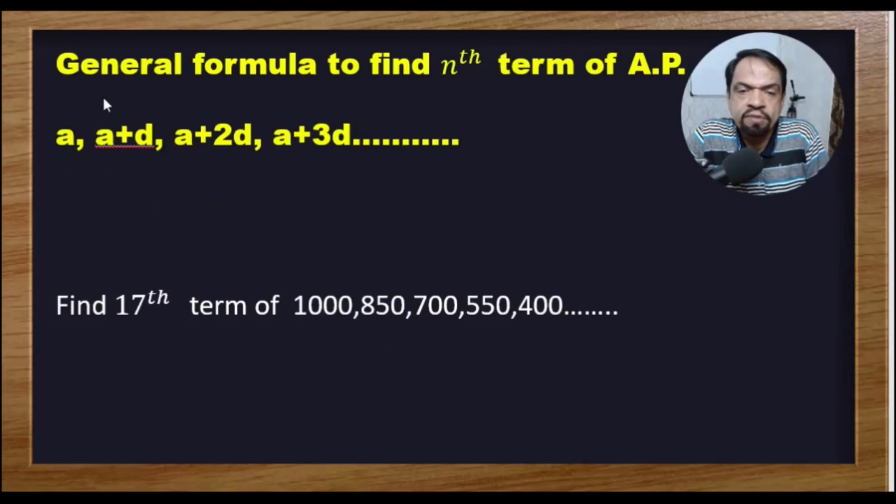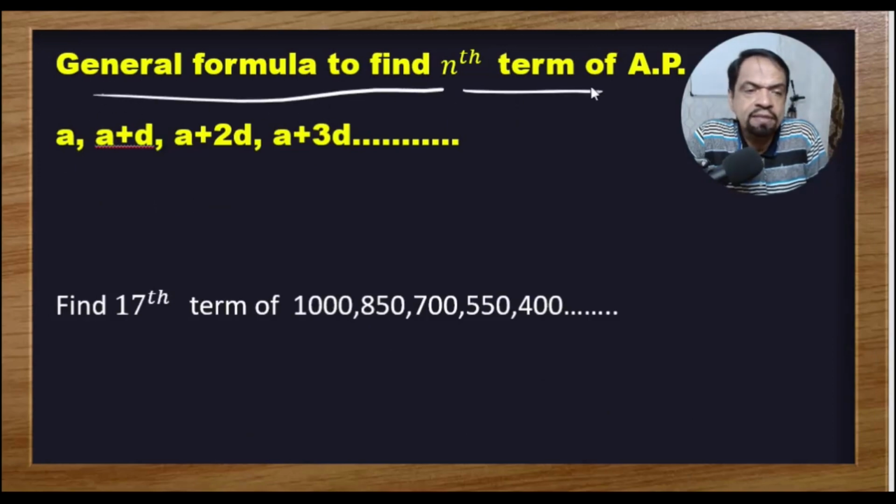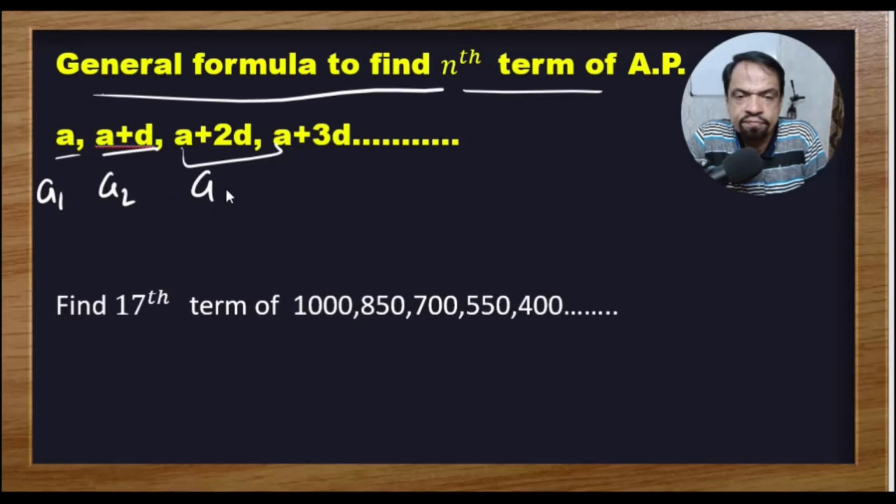Now the very important topic, the general formula to find the nth term. In general this series: first term A, then A plus D, A plus 2D, A plus 3D, common difference is D. We are adding D successively. So you can check, if this term minus this term we get D, if third minus second we get D. So this is our first term A1, this we can write as second term, third term and fourth term. You can see here, concentrate here, A4 is A plus 3D,